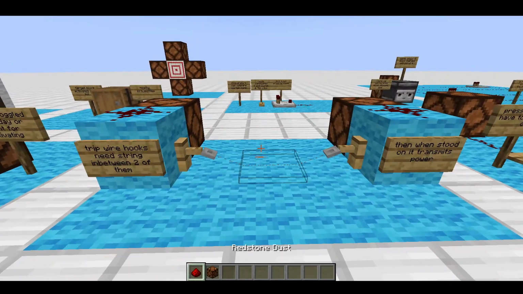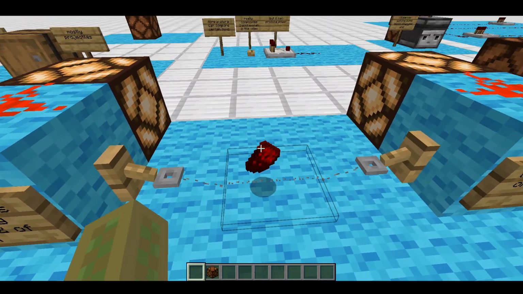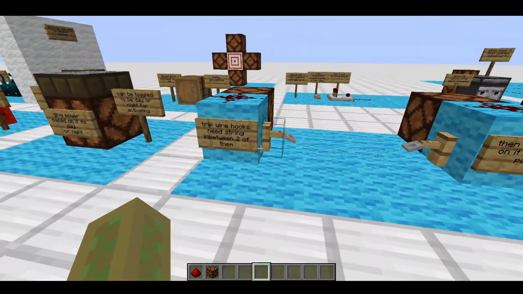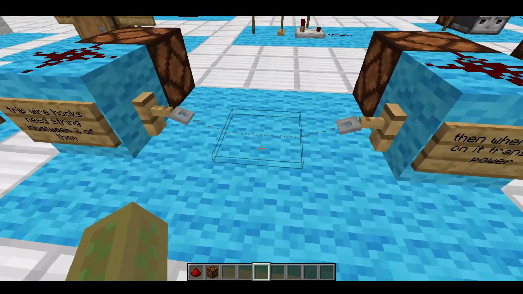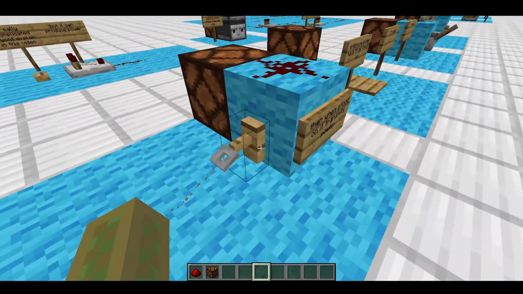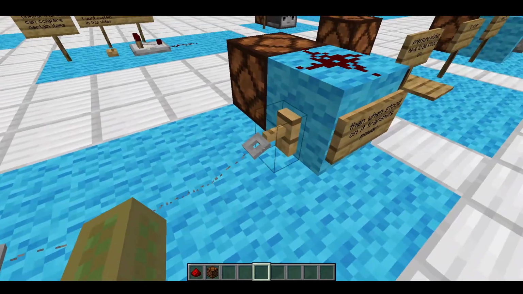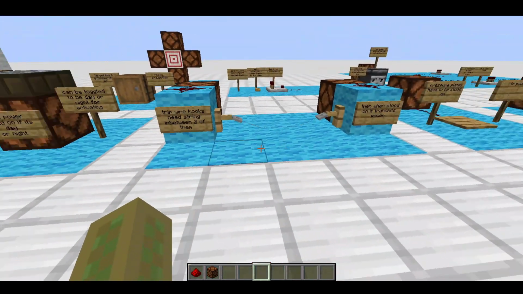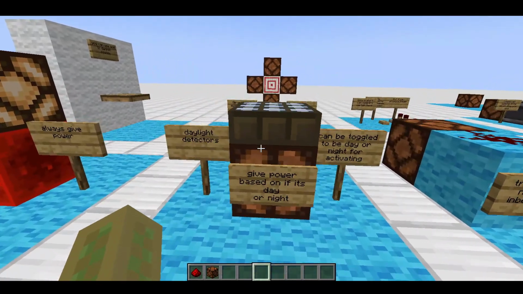Pretty cool. Again, you can use items to also activate this. Nice. I think you can make this as big as you want, but I think there is a maximum limit to how big the string can get between them. So if we go to the next thing,